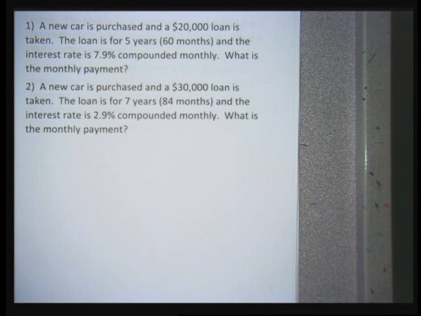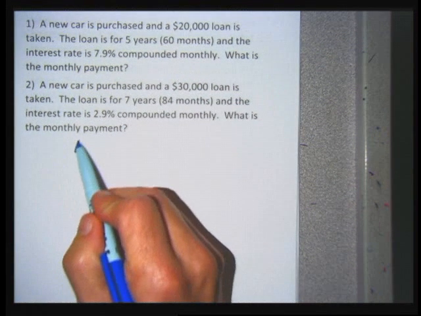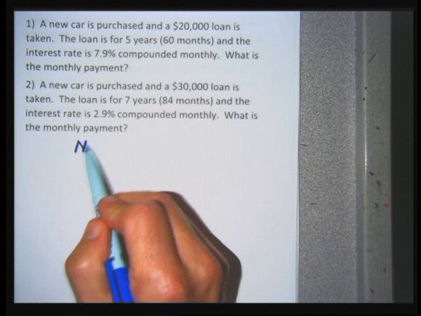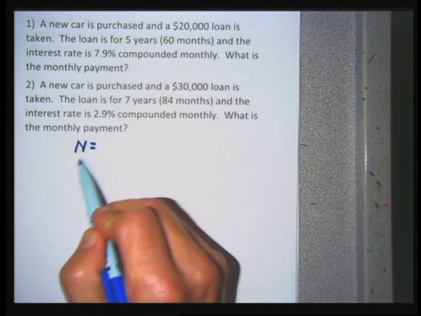So the first 6 problems are just computing monthly payments. So I'll do number 2. You can try number 1, and you should check your answer for number 1. So when I do number 2,